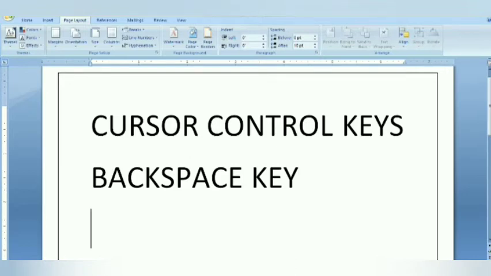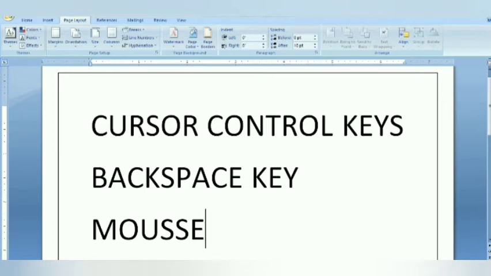When we press the backspace key, it erases anything typed on the left side of the cursor. Here, see the word given. It is mouse, MOUSSE. So it is wrong spelling. We have to erase one S from here. So we will place our cursor before E and then use backspace key to erase the extra S. So you can see it is the right spelling. Then MOUSE, it is the right spelling. Backspace key erases from the left side of the cursor. You can see here.